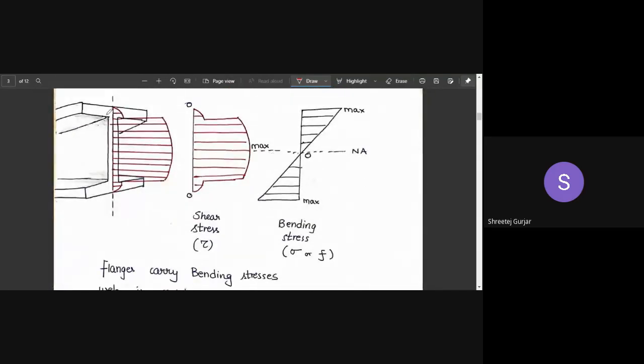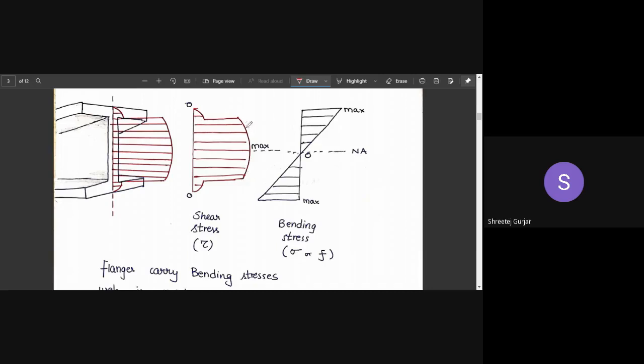Next, coming to an I section, you can see I've drawn an I section, and this is the shear distribution of the I section. You can see this is how your shear stress distribution is in an I section. And the right side distribution is your bending stress. This is your distribution of shear stress. Okay, you can see at the neutral axis we have maximum shear stress but zero bending stress. And at the flange section, we have zero shear stress but maximum bending stress. At the bottom also it is the same. So we can say that the web handles the maximum of your shear, right?